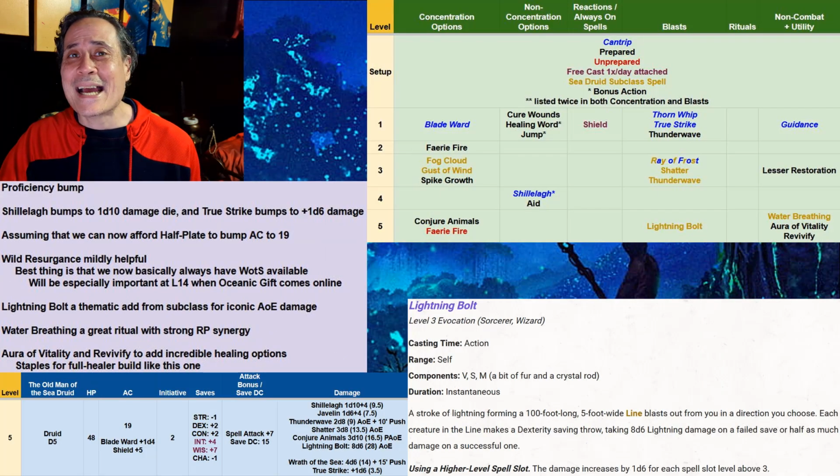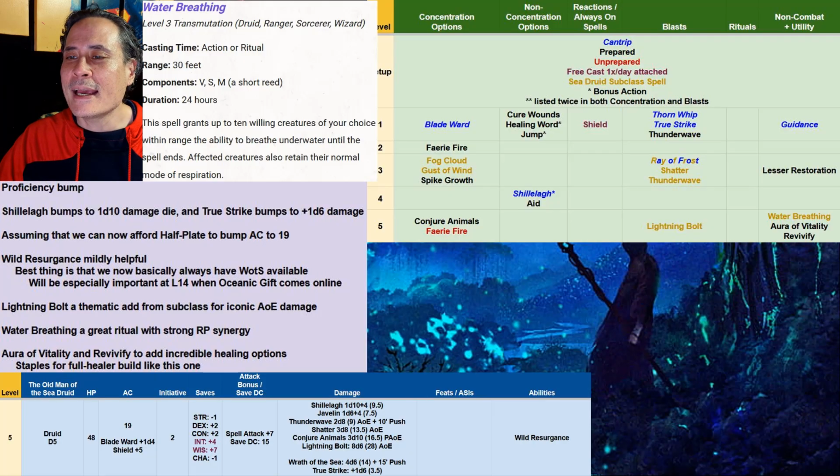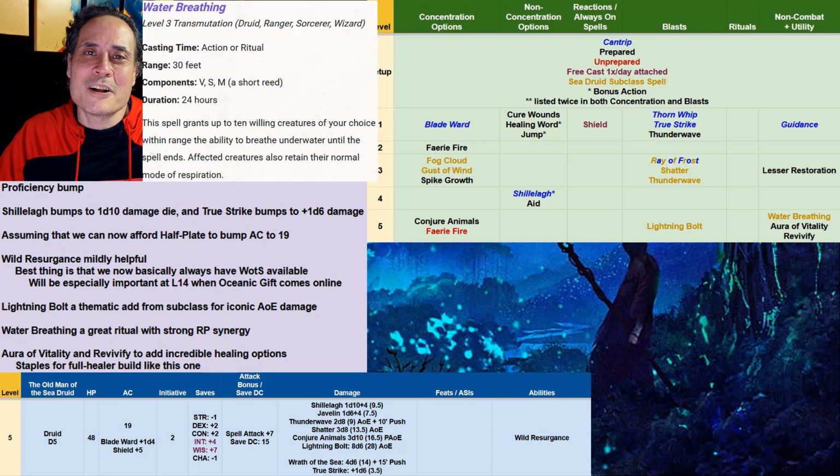As far as spells, we are adding Lightning Bolt from our subclass spells for a thematic add that adds iconic AoE damage. Always happy to add Lightning Bolt. And we get Water Breathing, which is a great ritual for RP synergy and nice to have on your party members just in case. Sometimes water is involved, and to be able to breathe in it can be clutch at